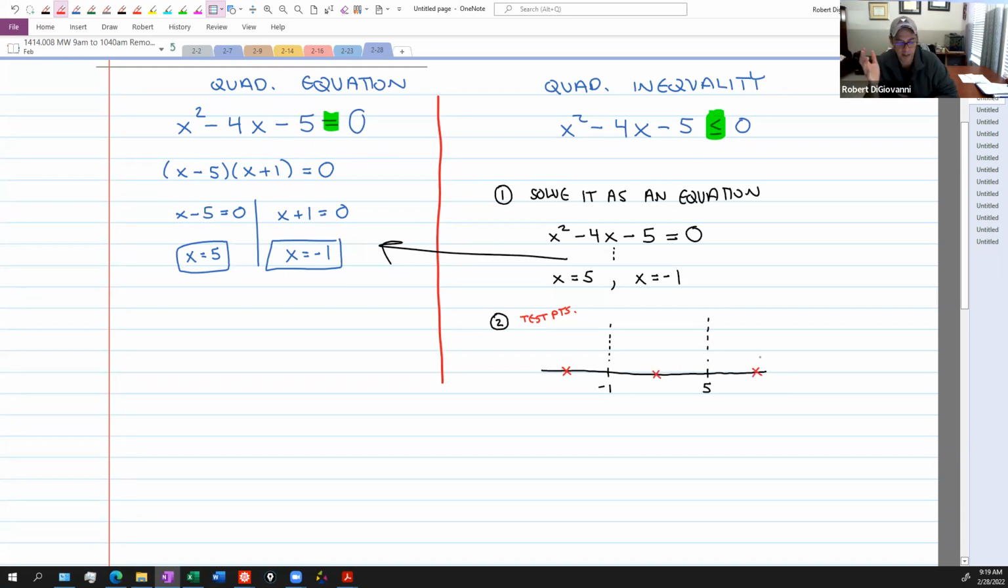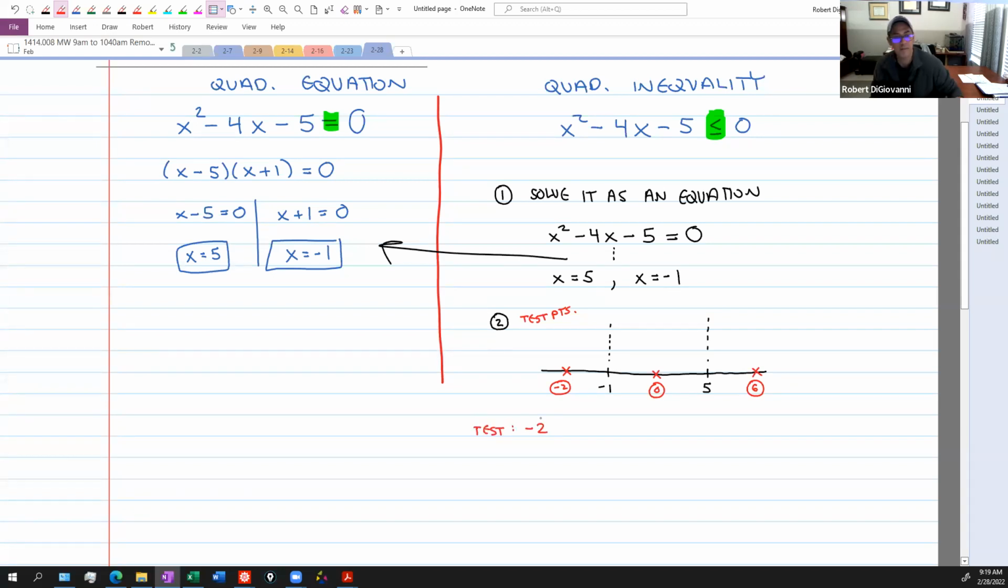Okay, so we get to pick any number to the left of -1, so I'll pick -2. Any number between -1 and 5, so I'll pick 0. And any number to the right of 5, so I'll pick 6. And what you have to do with those numbers is plug those into the inequality that you started with and see whether or not it's true or not. So let's test right now